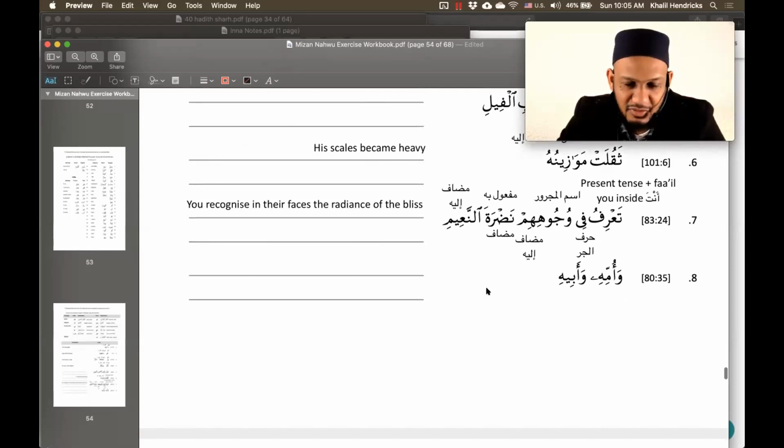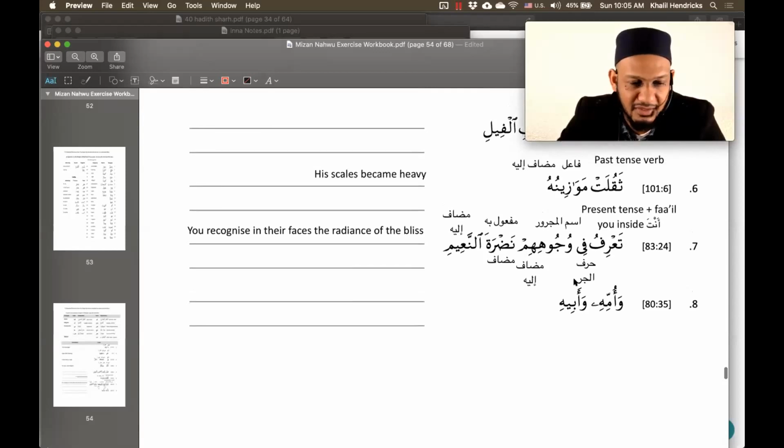Okay, so because we're only doing a portion of the verse, it is difficult to label everything, but you label what you can. The main thing I want you to know is that if you're getting the translation right or fairly accurate on your own, that's the main objective. It will be difficult to label, but it's fine.